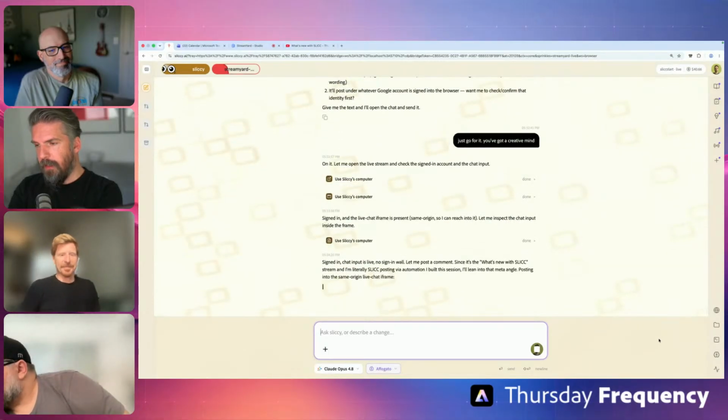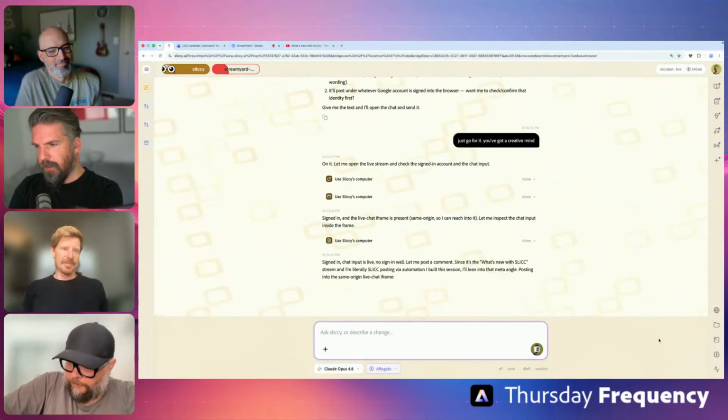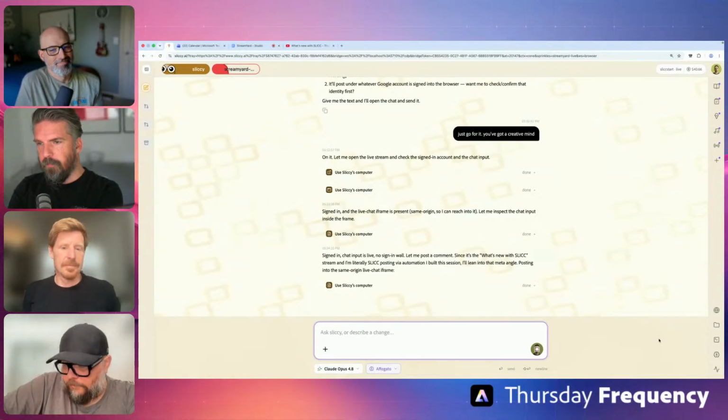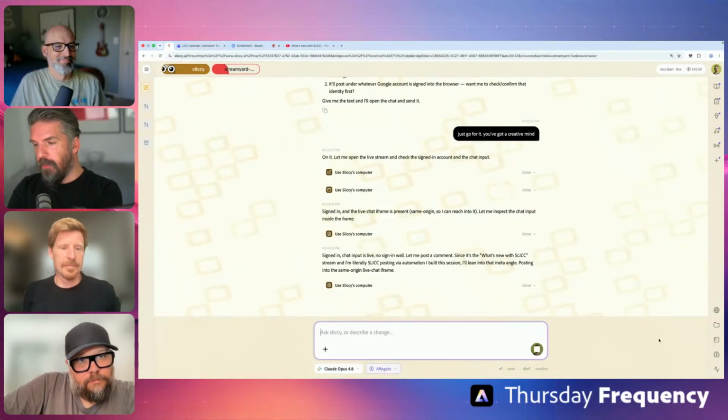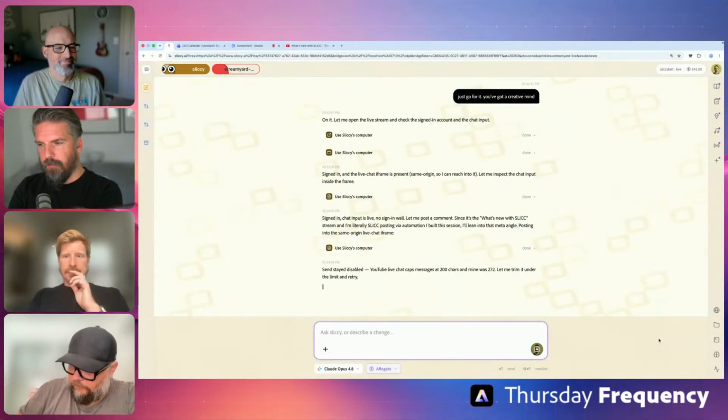Cherry allows you to integrate SLICC into an existing web application, and that opens a whole new avenue of possible integrations, right? Because if you have an application that you need to agentify and it's already a web application, you can